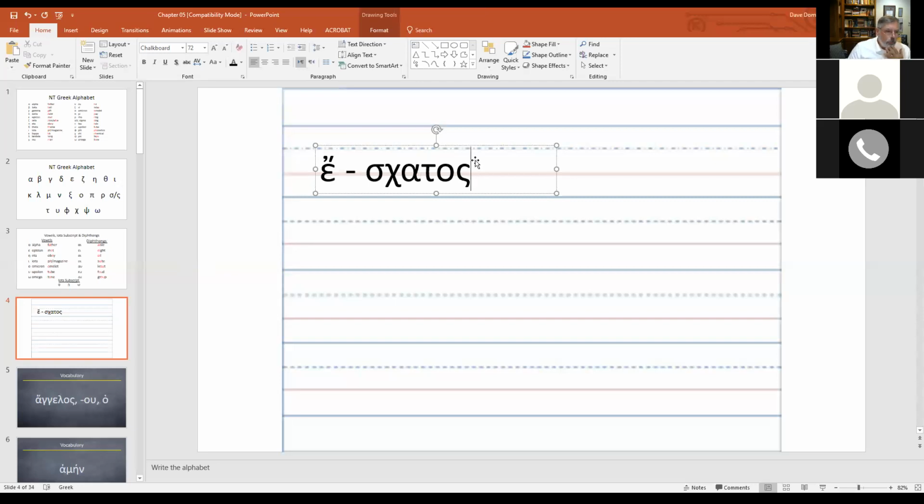Okay, but how do I break the word up? You know that there are 3 syllables because there are 3 vowels. So now I want to break it up into the 3 syllables so I can pronounce it. That's all we're really doing. We're putting a hyphen between. Okay, and